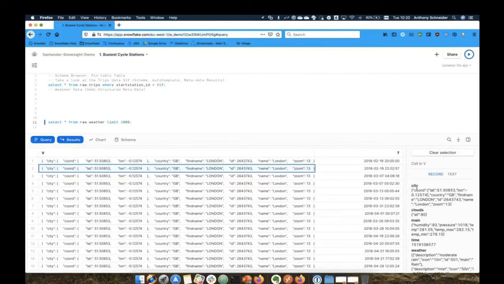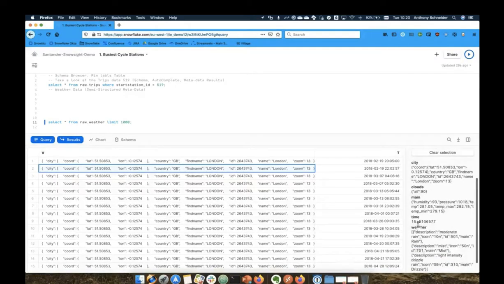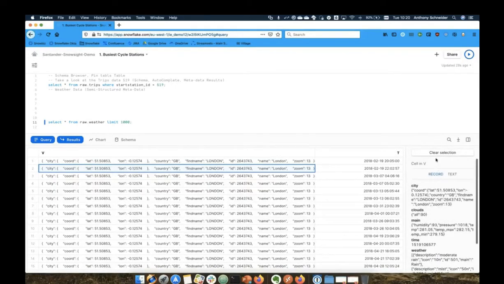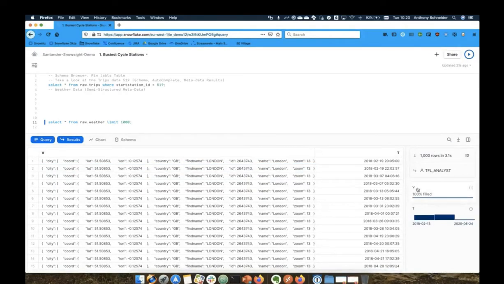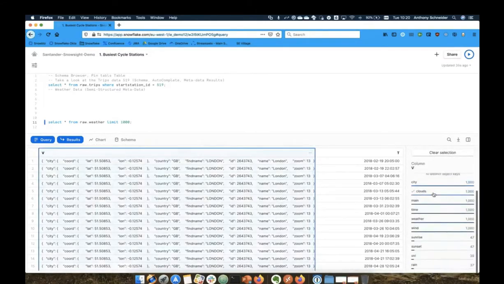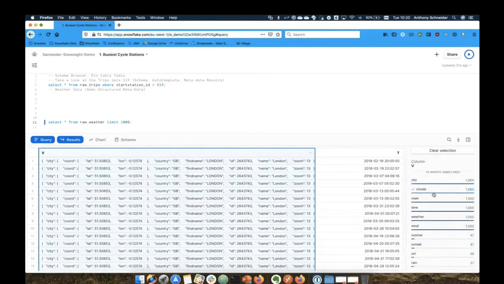And what you'll see is that we automatically break down the data into the various elements within that JSON document. So some information around the city, the clouds for that hour, the time of that hour, and some other factors. But what's also very valuable is if I click on the variant column here, we do a full breakdown similar to what we do with structured data with semi-structured data as well. So whilst every single hour of data has a city field for this 1,000 hours of data, as you would expect for weather